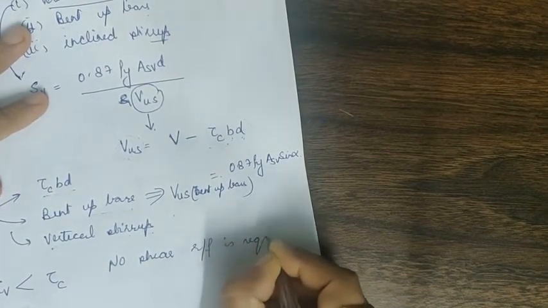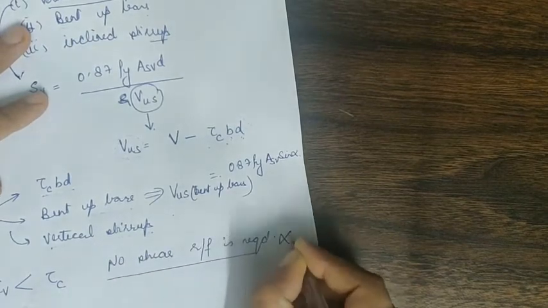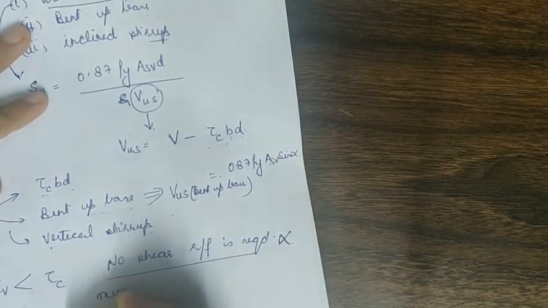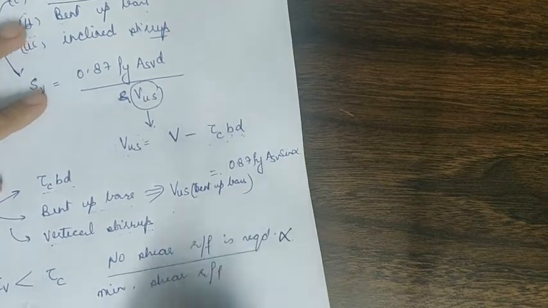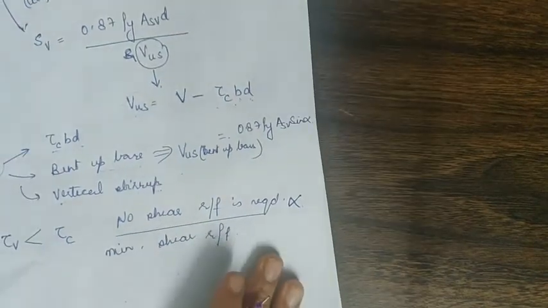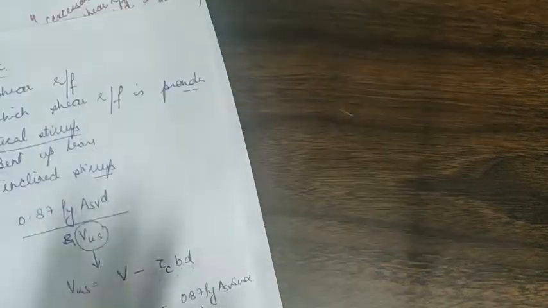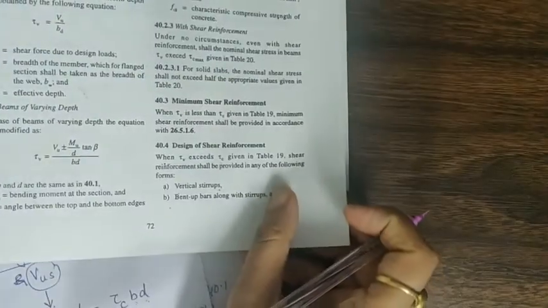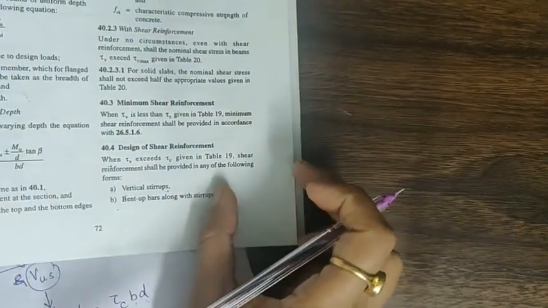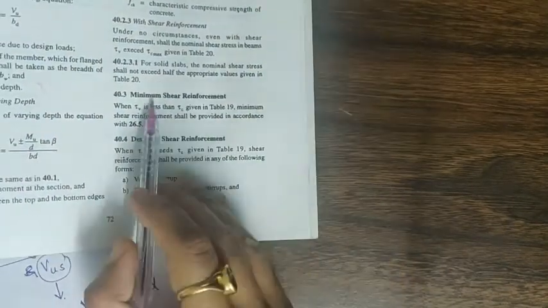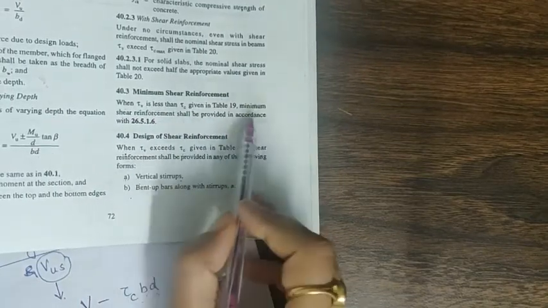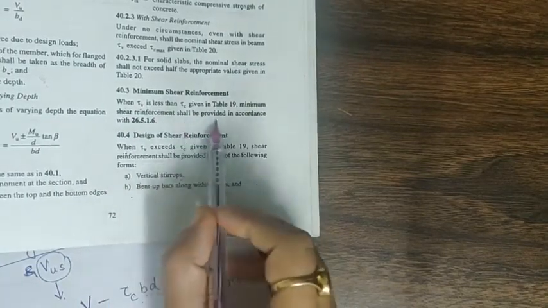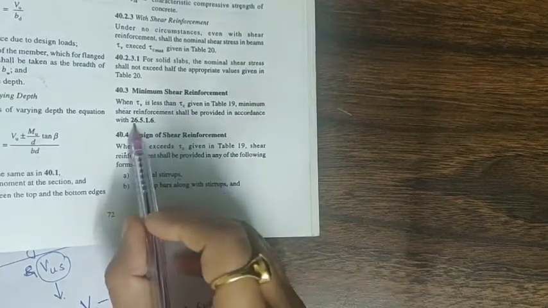However, code says that you will go in for some minimum shear reinforcement. This minimum shear reinforcement is written here. It says if tau V is less than tau C, minimum shear reinforcement shall be provided in accordance with clause